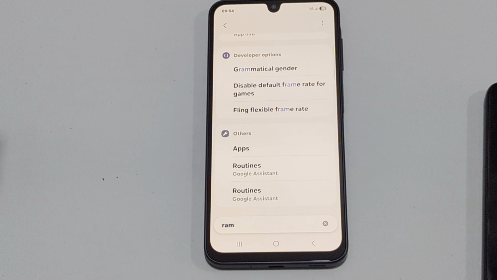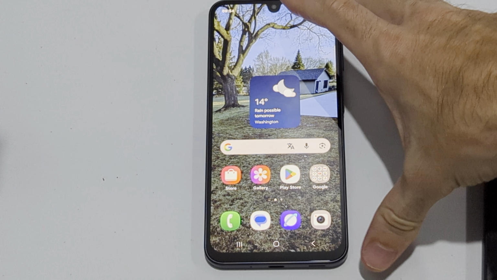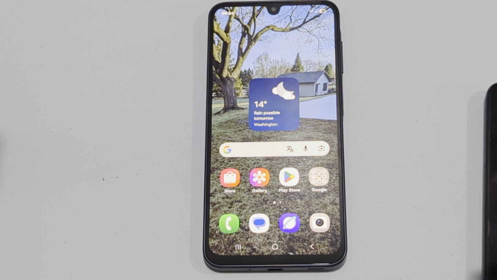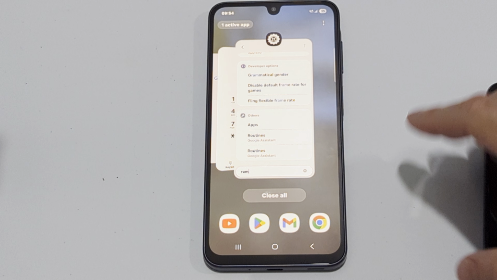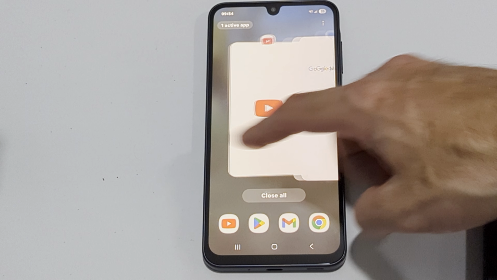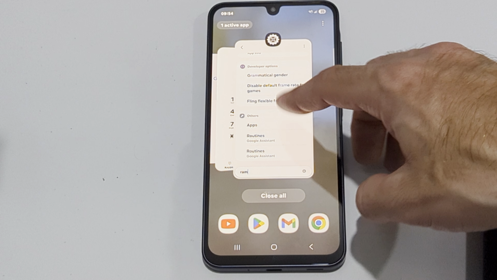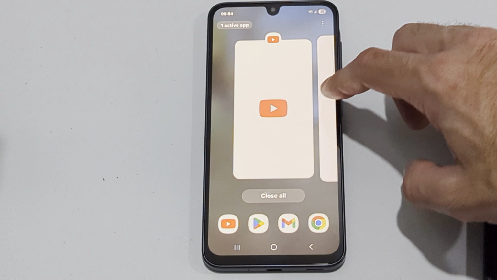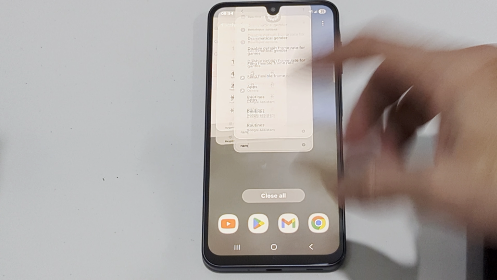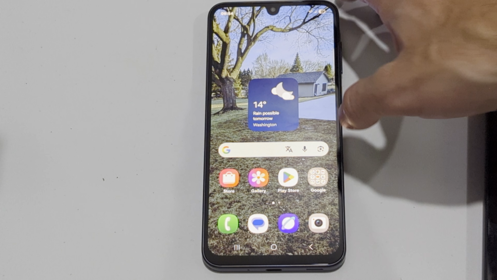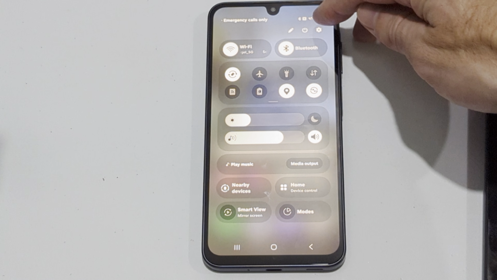Today in this video, I'm going to show you how to stop background apps running on your Android phone. So the first way to close everything down is by hitting the switcher button, or you can just swipe up and you can see all these different apps open now. What you want to do is go to close all. So this should close your apps, and a lot of times these apps restart, which is annoying, so we can